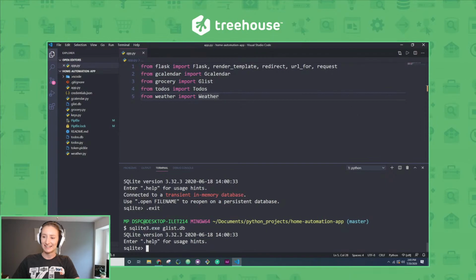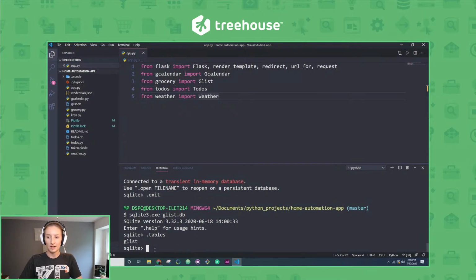So it's working. But if you do want to dig into it just to prove that your items are getting added to your database, you do .tables, and that'll just put glist, and then this is where you write your SQL code. So I'm just going to do select star, space star, which is select all or everything from glist, which is the name of my table. And then you do need to remember that